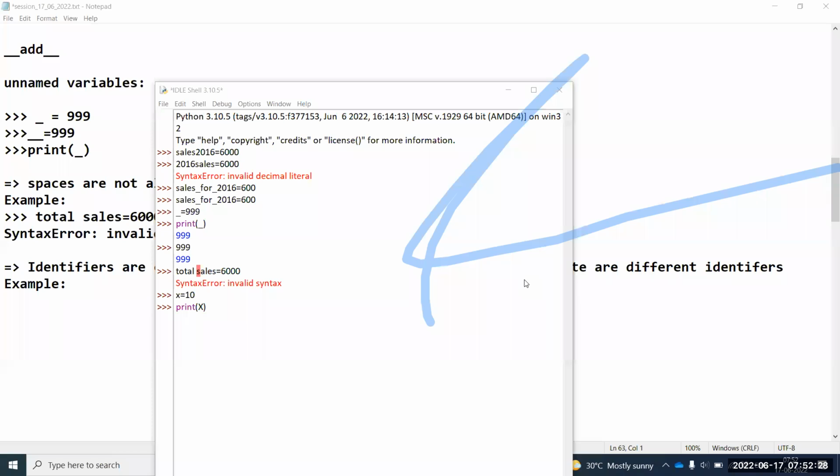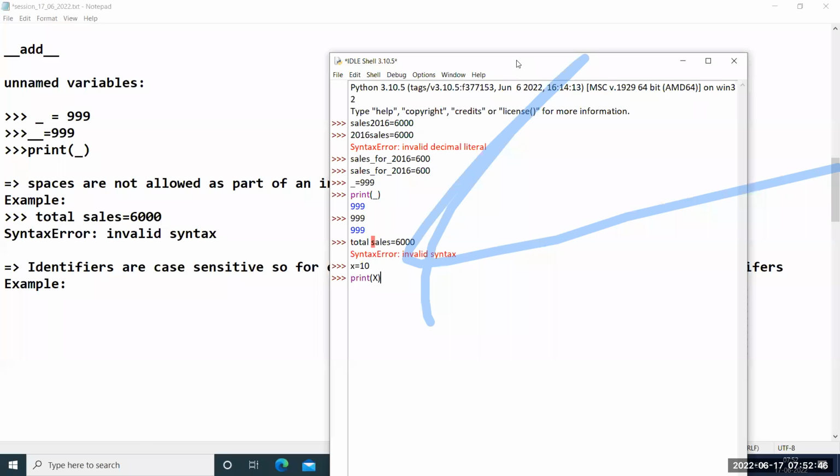Somebody answered 10. Excellent. Some guys answered error. Somebody said null. Very good answers. Yes, guys, this is an error. Why is this an error? You can analyze. Code analysis is also important, because lowercase and uppercase letters are distinct, right? Here I defined a variable x. You are assigning a value to the variable, and that is called variable definition.